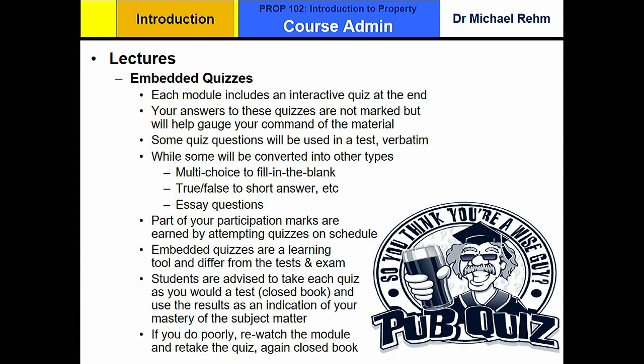The quizzes form an important part of me being able to provide you with participation marks to keep you honest and help you with your own time management. So they do a lot of things, these quizzes. They'll check yourself, but they're also an incredibly important tool for me to reward you for watching the content and keeping up with the material.